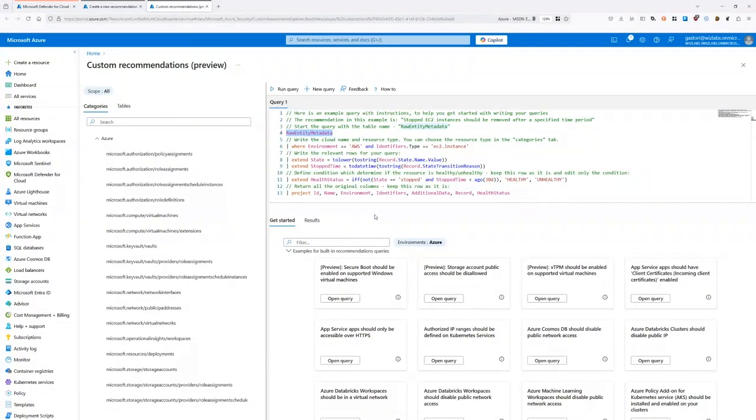Then you need to set the health criteria. You want to define what constitutes healthy or not healthy for those resources that you're evaluating. And this basically sets the condition that evaluates their status, okay? And finally, you're going to select if there is any information you want to retain back on the data bag. You want to select the desired columns to project back that information. Once you do that, and you